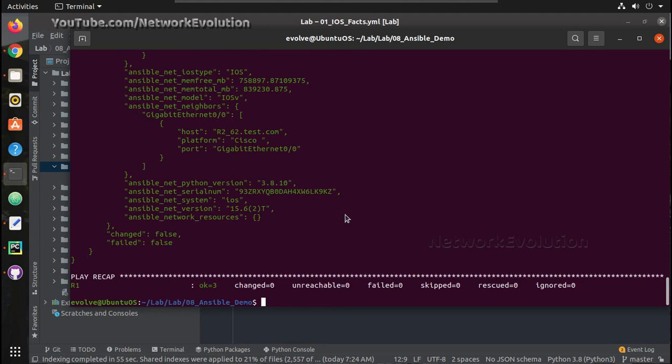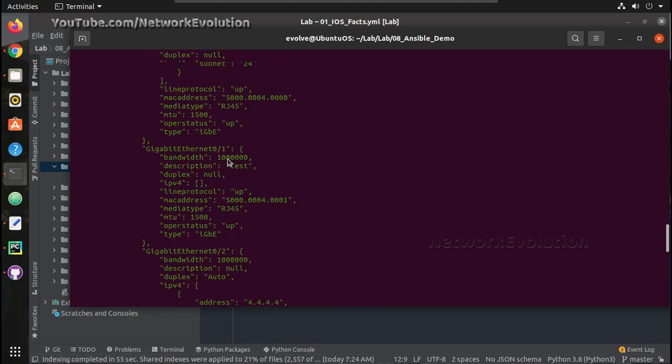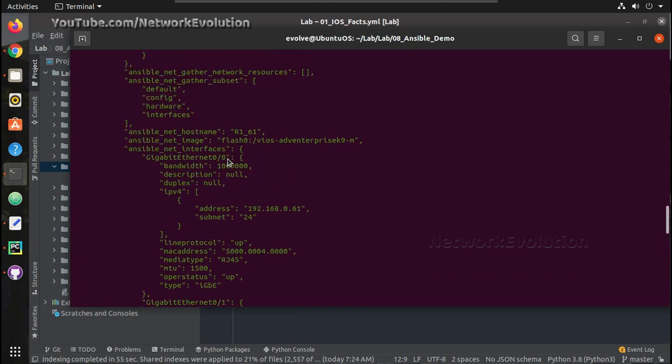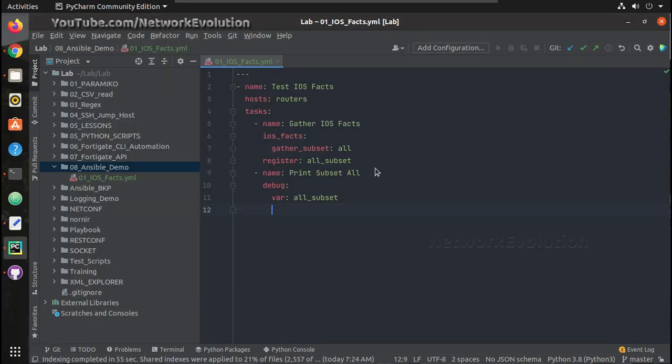So this contains, this is automatically passed all this output, net iOS type, then the memory and the platform, interfaces, serial number, all the IPs, interface status, everything it has pushed. And since I have given the subset all, I have received all the values.